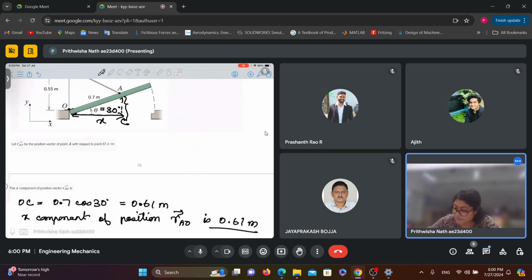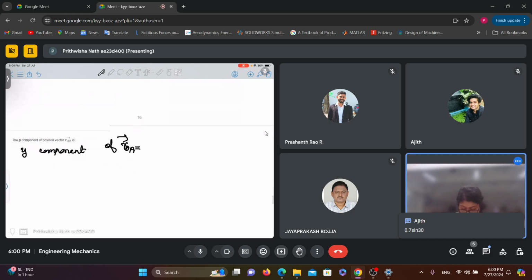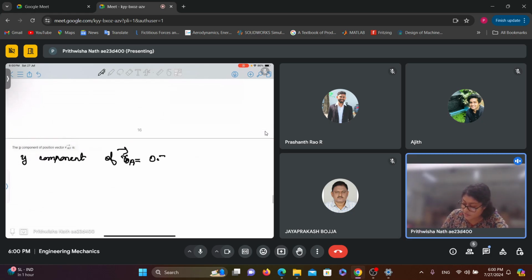Like this is the y component. So how can we find this? Yes, 0.7 of sine of, yes, exactly. 0.7 into sine 30, that is